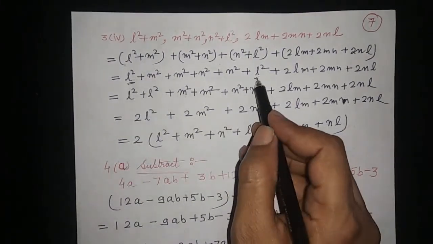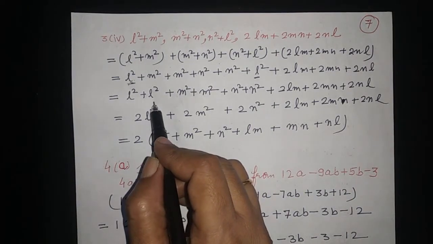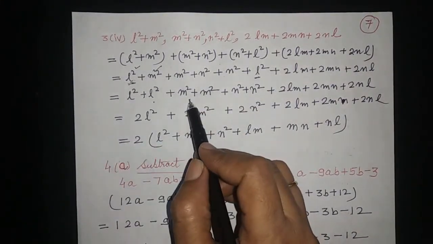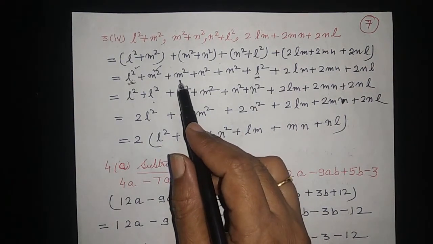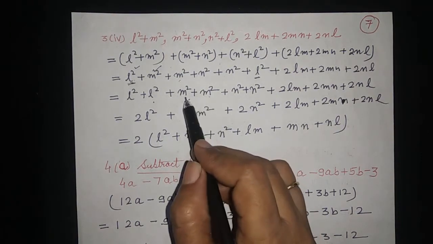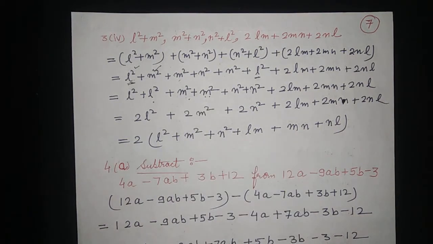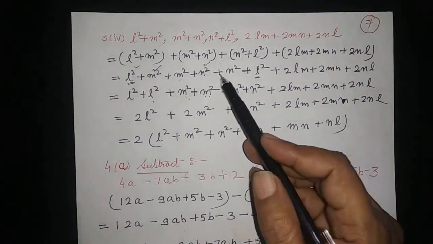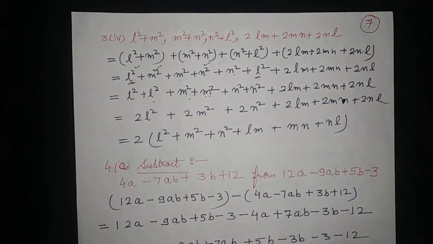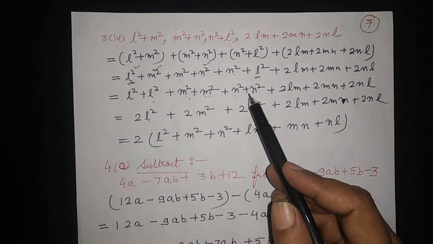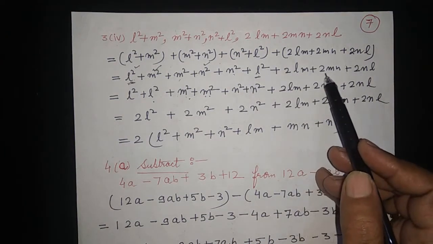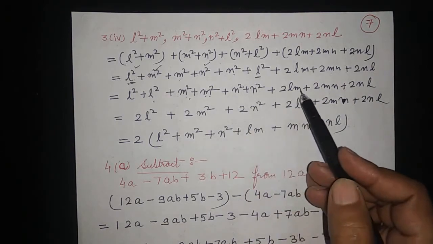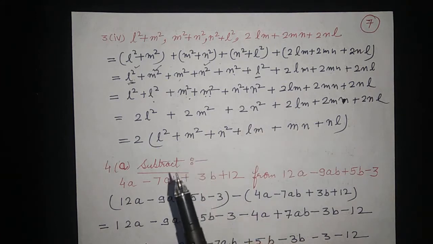L square and this L square, you can see I have written. Then M square we will take. After L square, M square we will write. M square here only we are getting. Clear? Now M square plus M square we have written. Now what can we see? N square. N square is also here. One more N square is there, which is like N square. Now 2LM plus 2MN plus 2NL we will write here because we are not getting any other like term of this type.